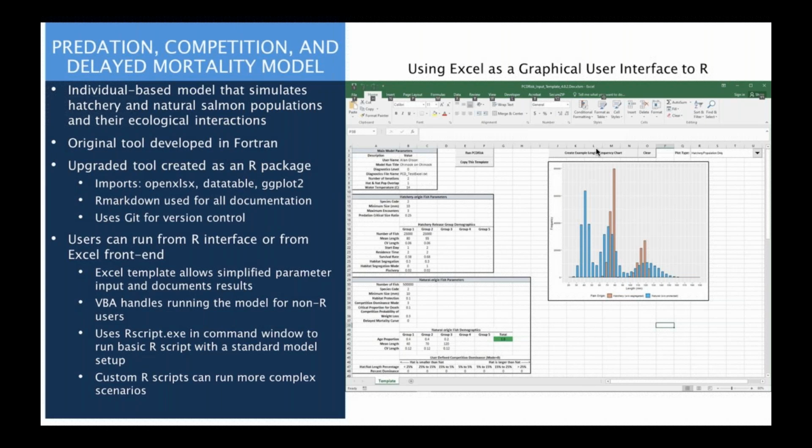The nice thing about being able to put things into an R package like we have is that you basically make it flexible for both the non-coder user and for folks that are R script writers, so they can customize their own PCD risk scenarios. For example, for doing sensitivity analysis, you can create your own script and run a much more complex scenario using the R package rather than using our canned interface.